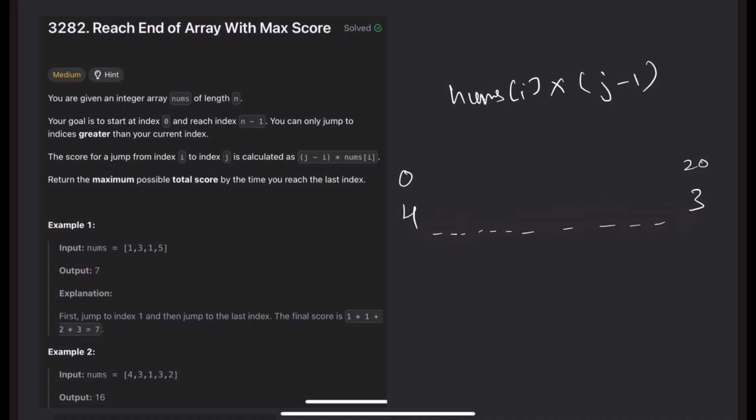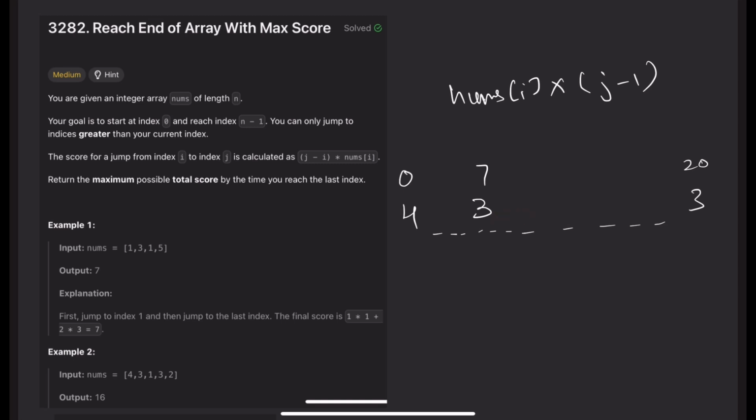Okay, so let's say I decide to make a jump, and there was a value like 3 over here at some index 7, let's say. Will I make a jump over here or not? I don't think I'll make a jump over here, and I'll tell you why. Currently I am at nums of 0. If I decide to make a jump to this 3, then what will happen is that this 3,